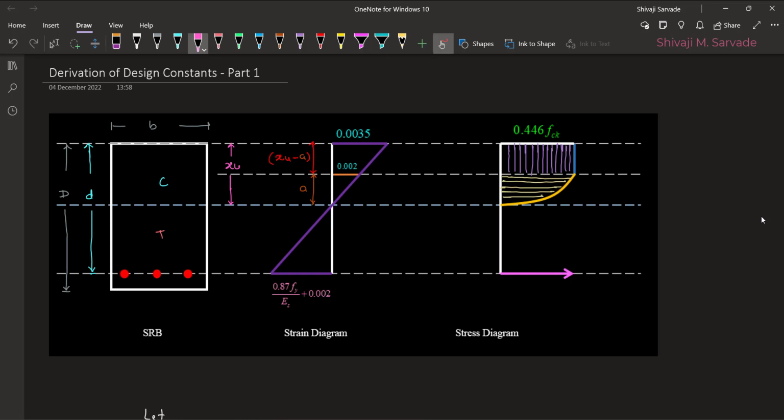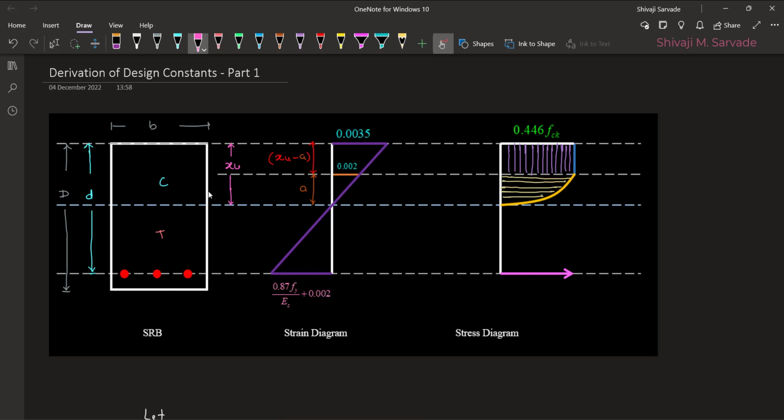Hello and welcome back. Let's continue derivation of some design constants. So let's start with our singly reinforced beam cross section that we had seen. This is small b, which is the section width. Capital D is the overall depth of the section. Small d is the effective depth of the section, which is the depth from the topmost fiber to the centroid of